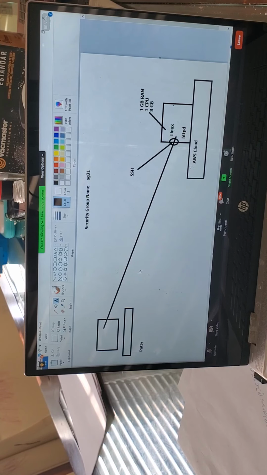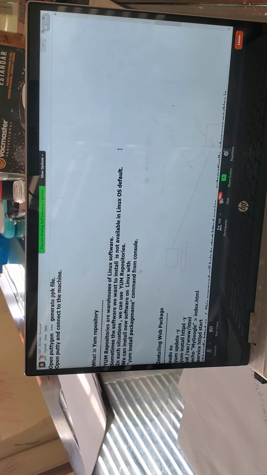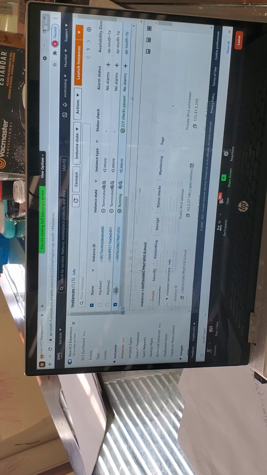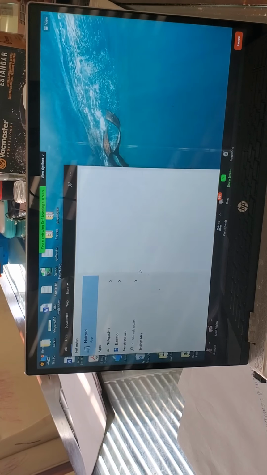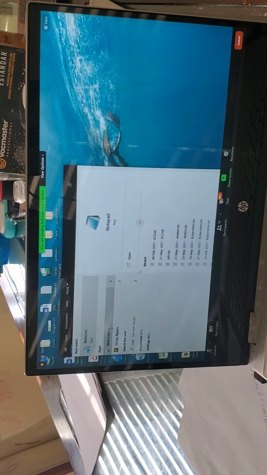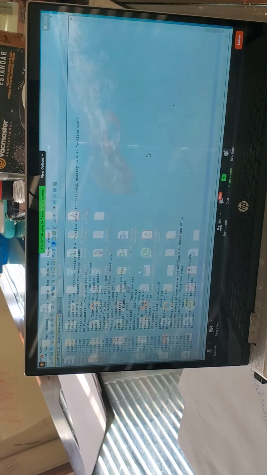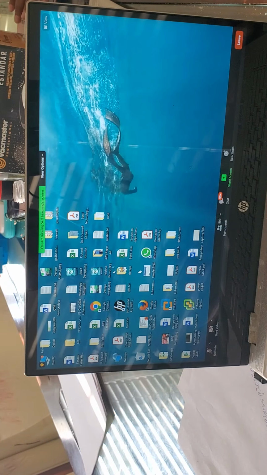If I want to install some software in my personal laptop, let's say I want to install Notepad++. It is one software, right? Or I want to install Skype, WhatsApp web, Acrobat Reader.